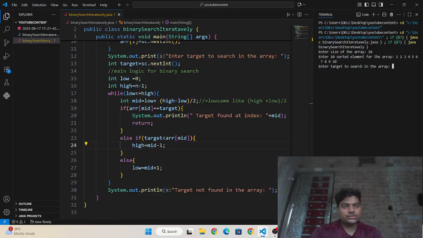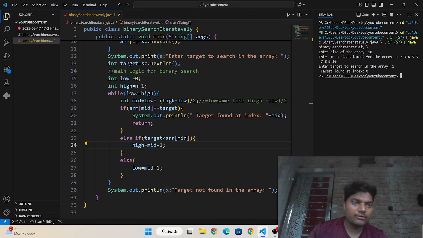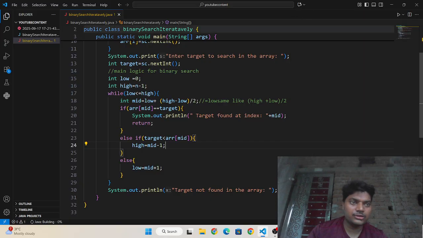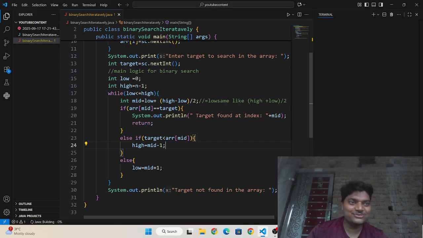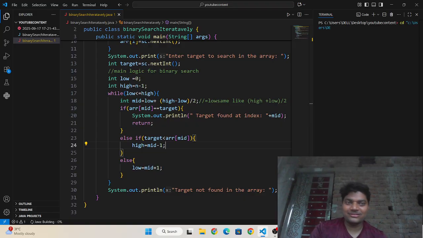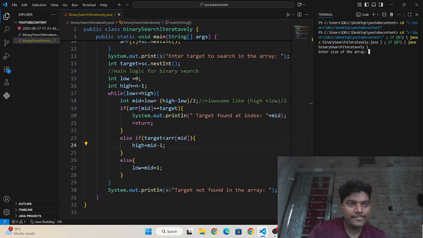Enter target to search in the array. I am entering 1. Target found at index 0. Okay, now I think it is correct code. I am checking it.